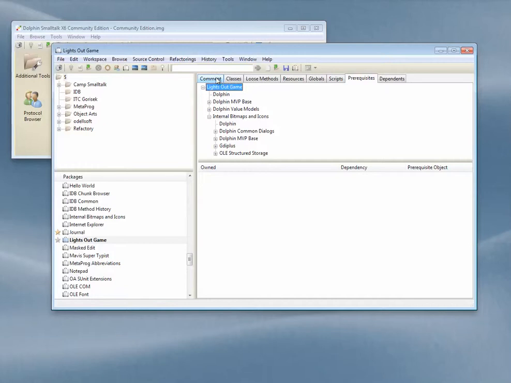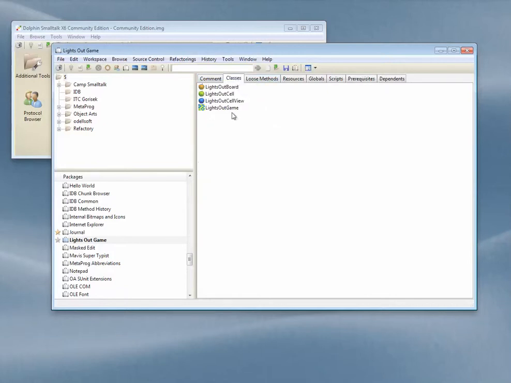So for example, if one of our classes was in the wrong package, we could end up with a situation like this. If I take the Lights Out cell class and move it over to GDI+,